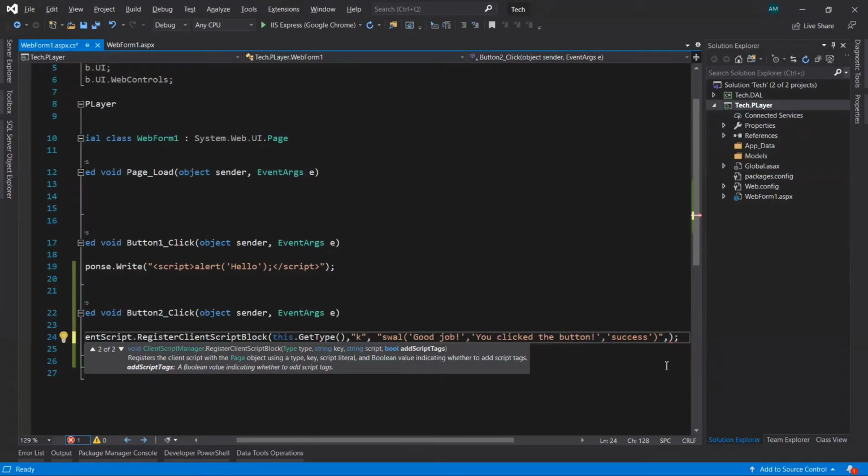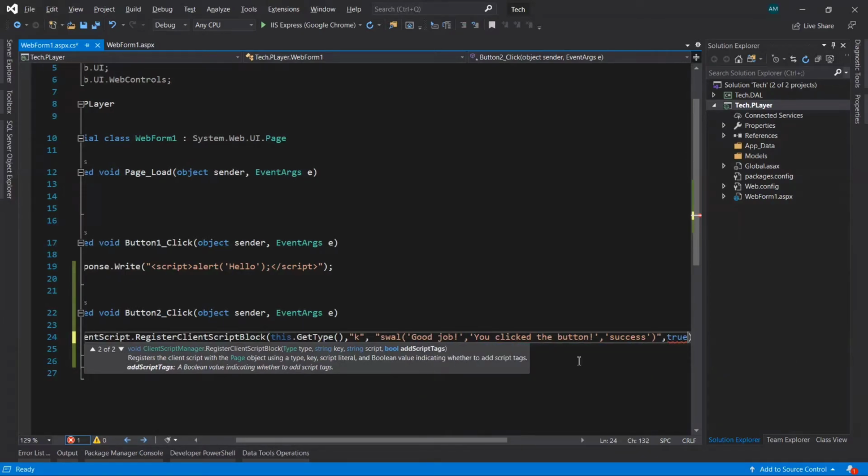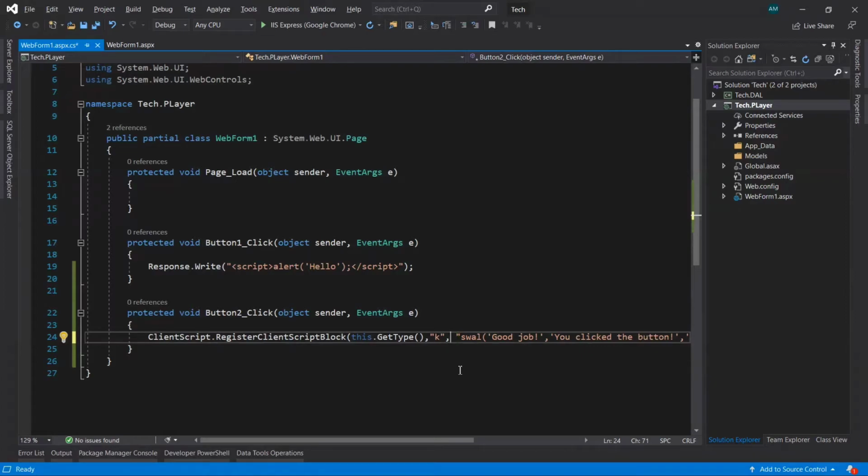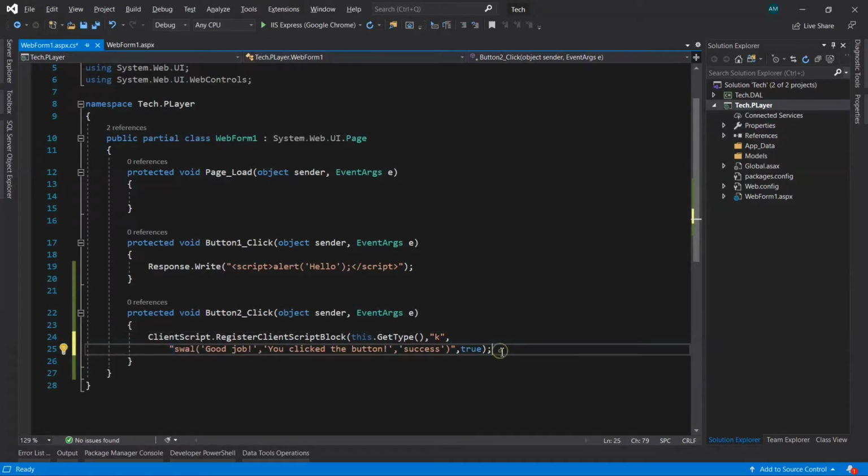Here the second one, we are using the second override method, it takes a boolean value, so we need to pass here true, okay. Save it. Let's run it.